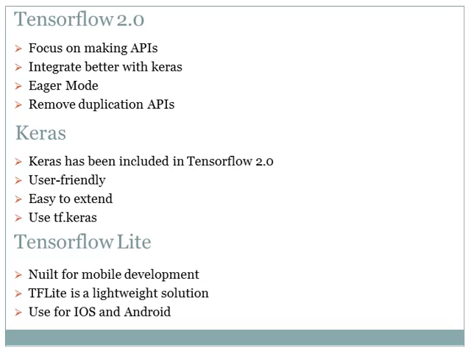And the next one is TensorFlow Lite. In 2017, Google announced software specially built for mobile development, TensorFlow Lite. TensorFlow Lite or TF Lite is a lightweight solution for on-mobile device inference. We can also use it for iOS and Android by creating a C++ API, and we can also use the Java wrapper class for Android developers.